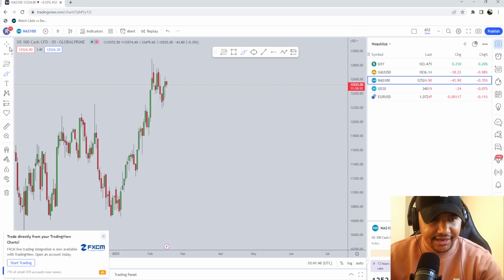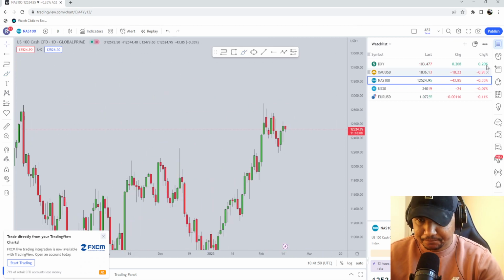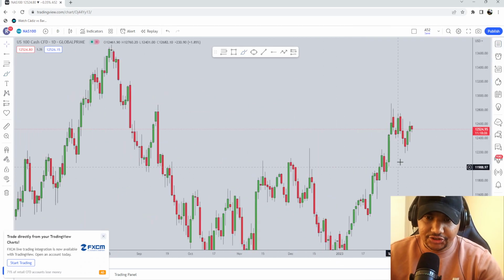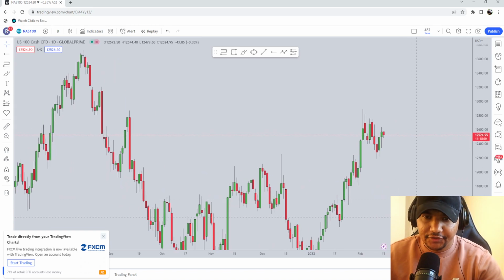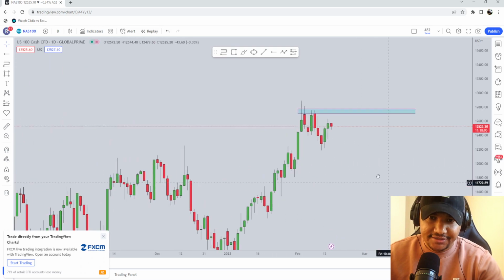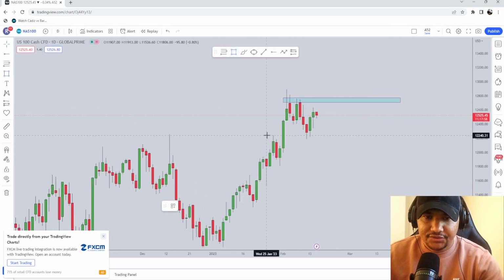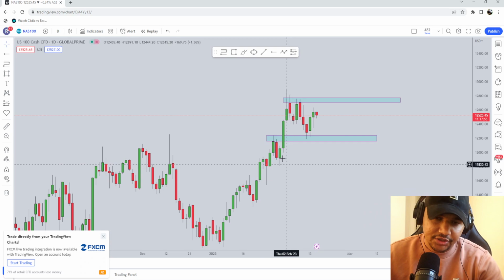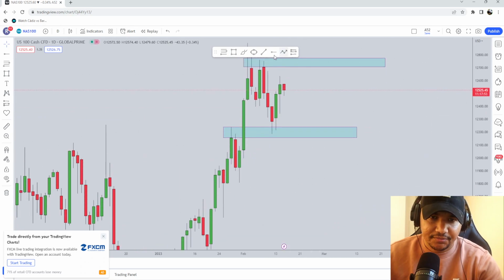Now, next up we've got the Nasdaq 100. If you look at the price action, it's quite choppy over here. We've got the resistance that the market printed. We also got this level of resistance broken, and it is now testing as support. We did get into this buy here on Monday and were able to close it there as well.